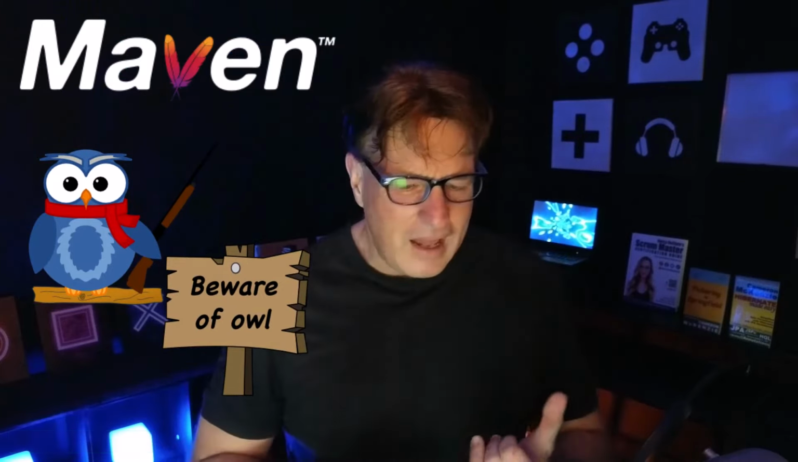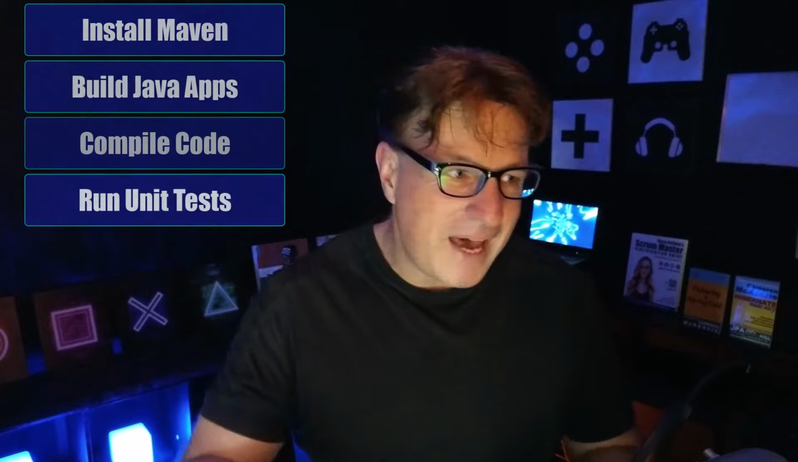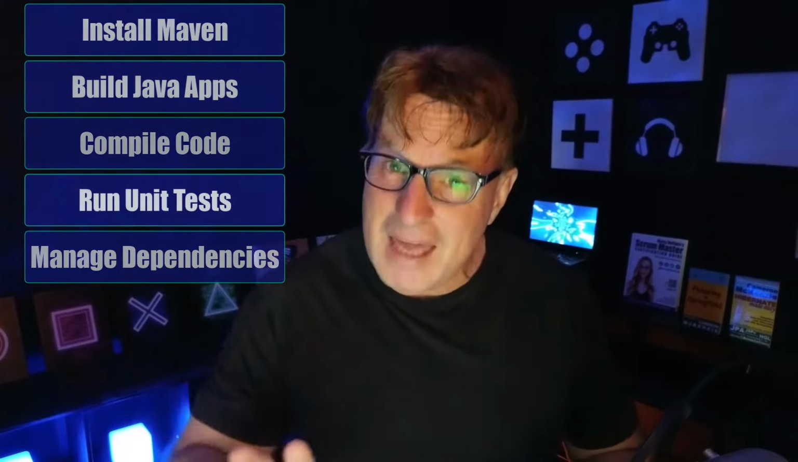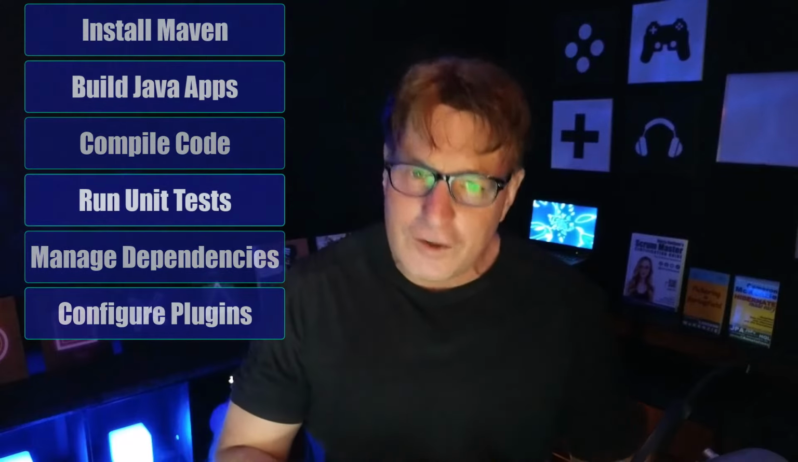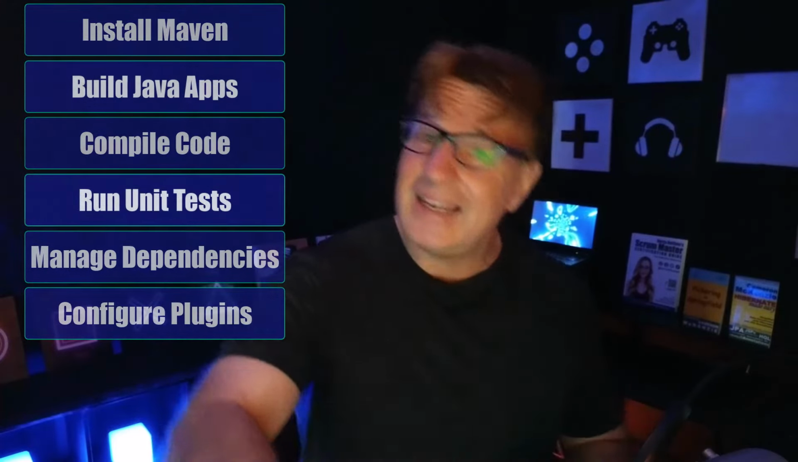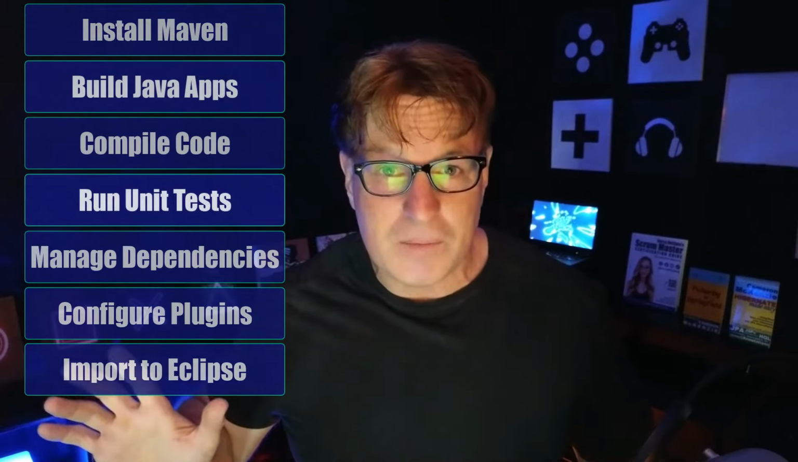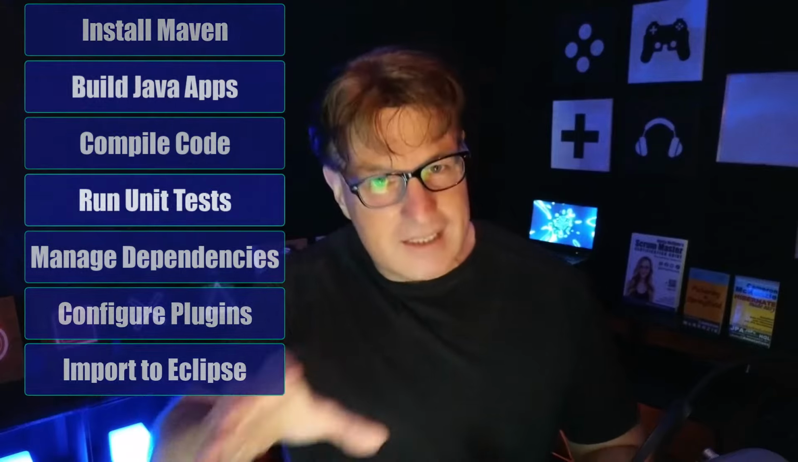In the next little while, I'm going to show you how to install Maven, build Java projects using Maven from scratch, compile code with Maven, run tests with Maven. I'm going to show you all about Apache's dependency management capabilities. I'm going to have you add dependencies, configure plugins, run jar files, use static code analysis tools. I'd like to bring an Apache Maven project into Eclipse so that we can actually use Apache inside of an